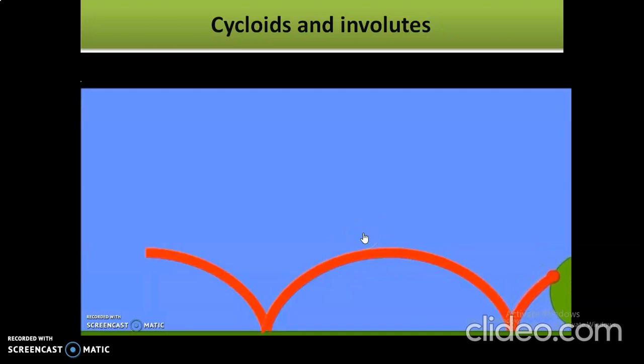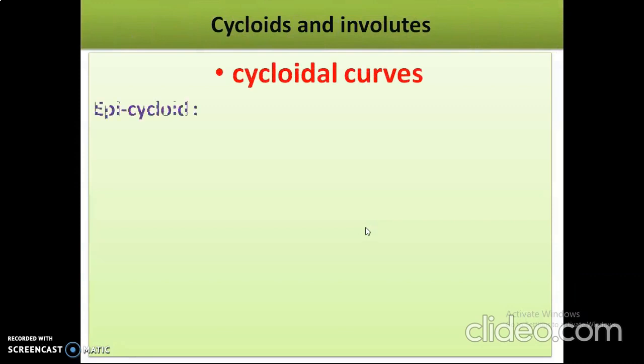Next we will see the epicycloid. What is an epicycloid? An epicycloid is one type of curve. Whenever a small circular body rolls on another circle, it forms one type of curve that is called an epicycloid.